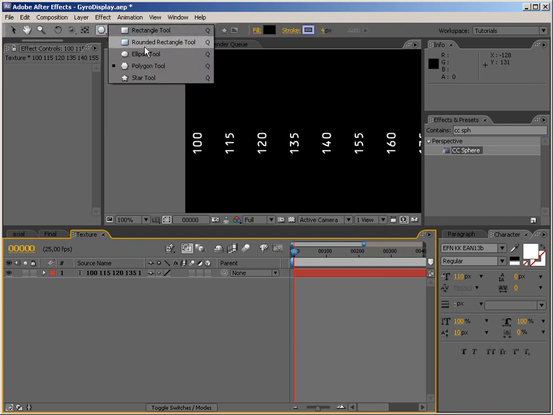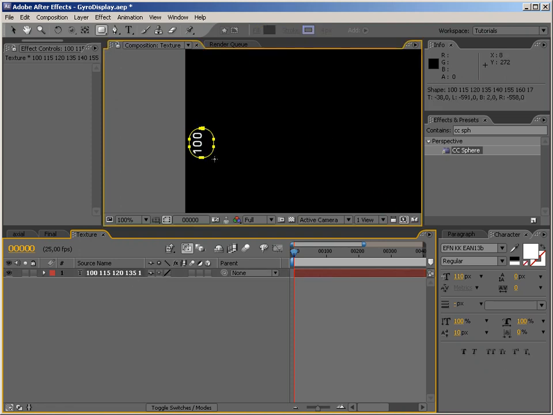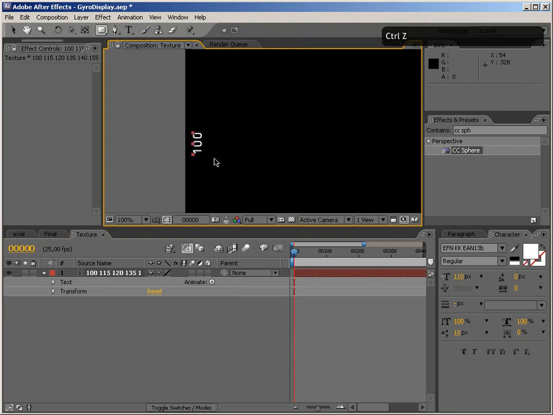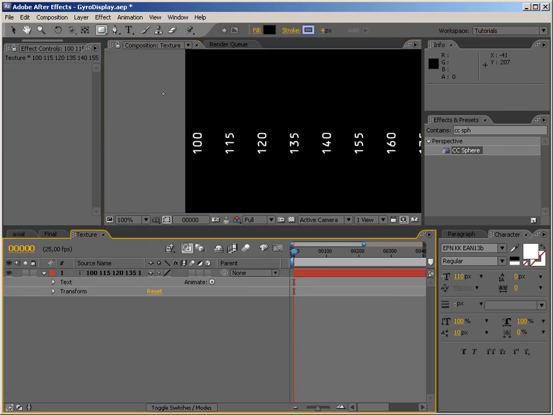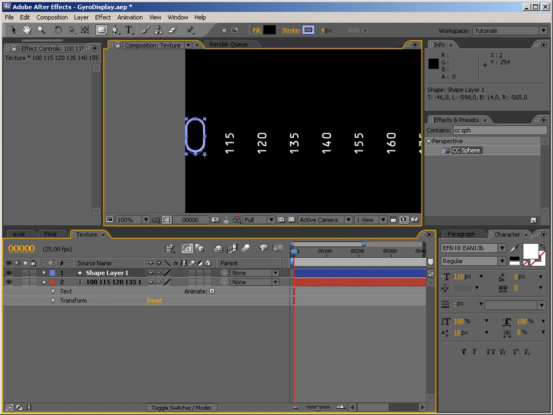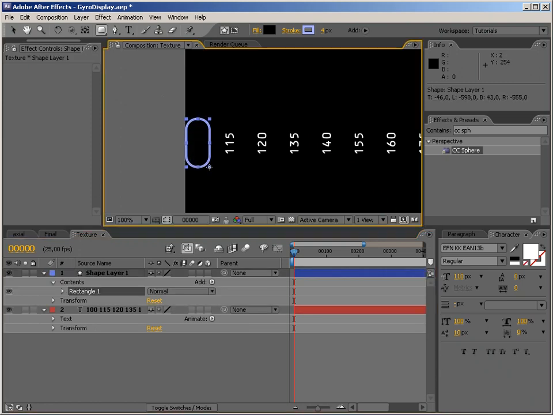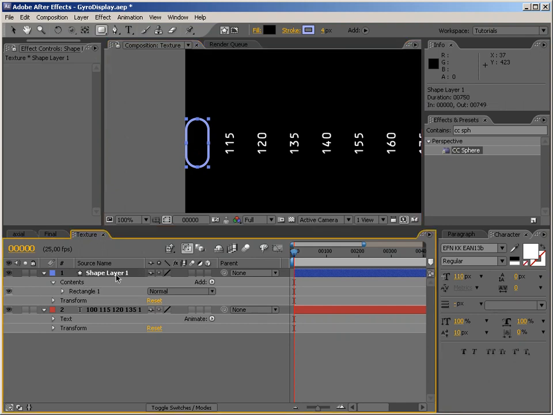So let's just go ahead and select the rounded rectangle tool, and be sure that you've got no layer selected when you're trying to draw shape layers, because if you do, you're only going to create a mask, and this is not what we're interested in. What we want is a shape layer, so make sure you've got no layer selected in here, and that way you will create a new shape layer. We can call it labels,